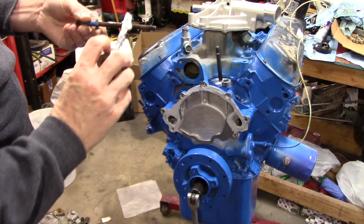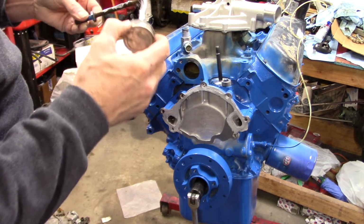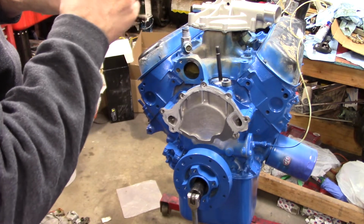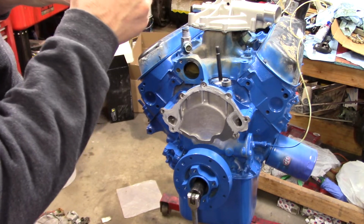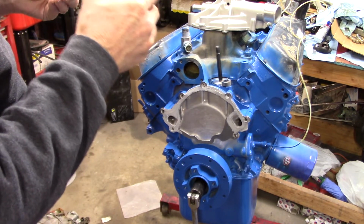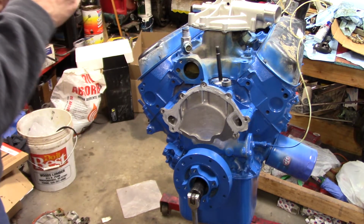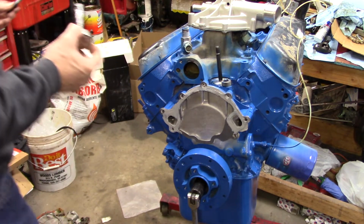Okay, what I'm doing, even though these are dirty, it doesn't really make any difference. I'm actually putting on anti-seize. Oh, big blob. I'm going to stick to my shoe, make a big mess, crack it in the house. The reason I'm doing this is because these things are just so nasty, and they just don't like being...